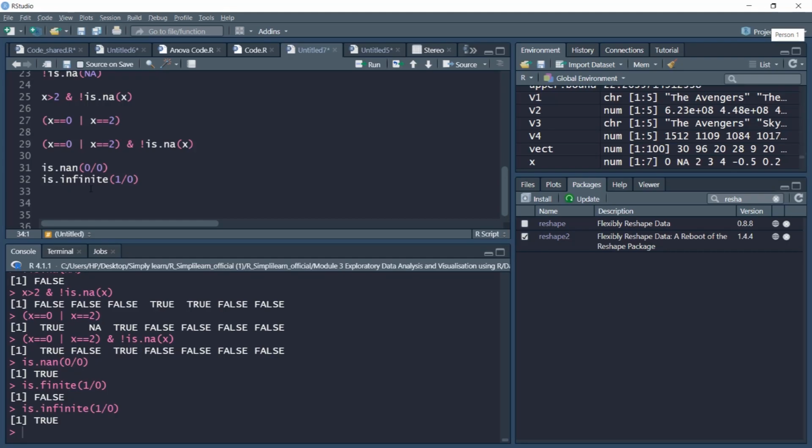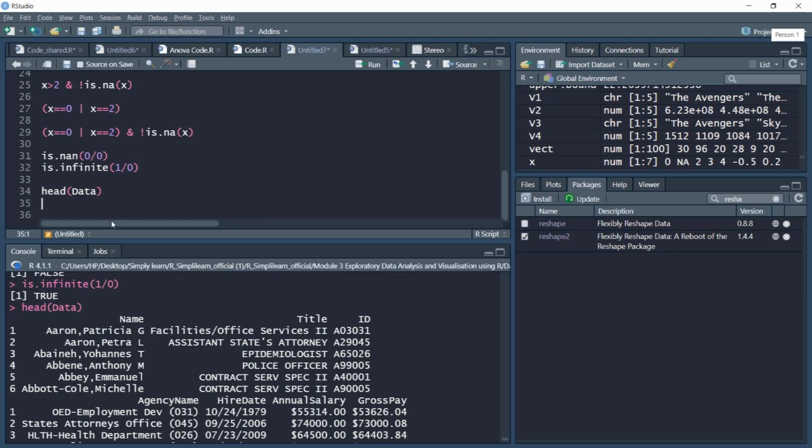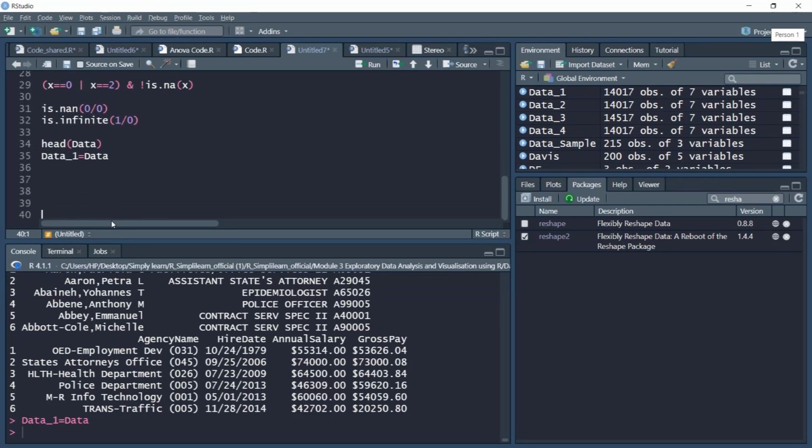Let's take one example. Originally we had that data which we read. Now let me make a copy of this data so that we do not disturb the original data. So we read it into data_1. Now let's play around with this data_1 a little bit. For data_1, let's put some values: row 1000, column 5. This represents the 1000th row element at the fifth column.